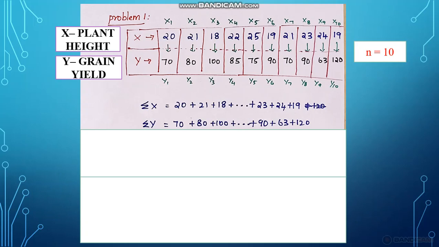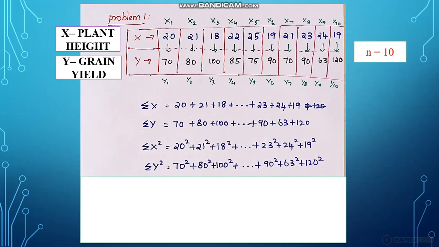Next step is you want to find the raw sum of squares. That is nothing but the summation of x squared, which is equal to 20 squared plus 21 squared plus 18 squared, like that. That is, you want to square each term: x1 squared plus x2 squared plus x3 squared, like that. Next you want to find the summation of y squared, the raw sum of squares for y, so the value will be 70 squared plus 80 squared plus 100